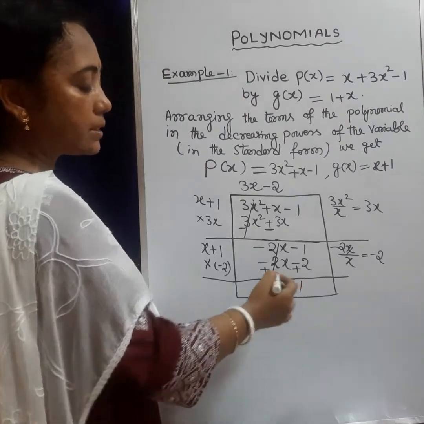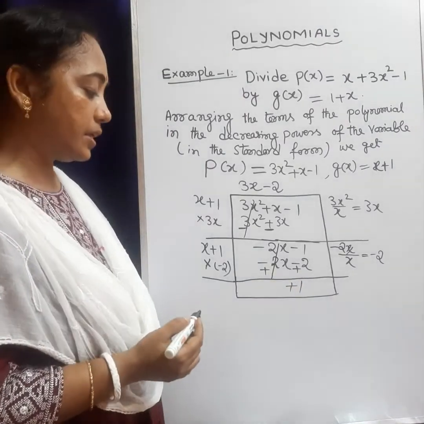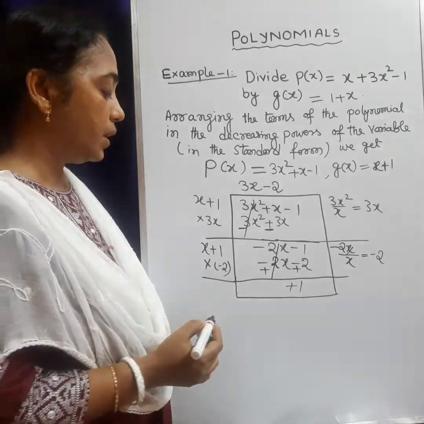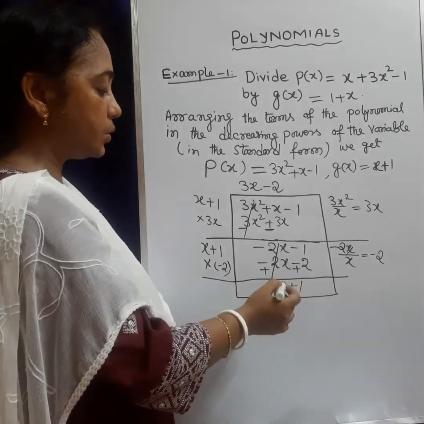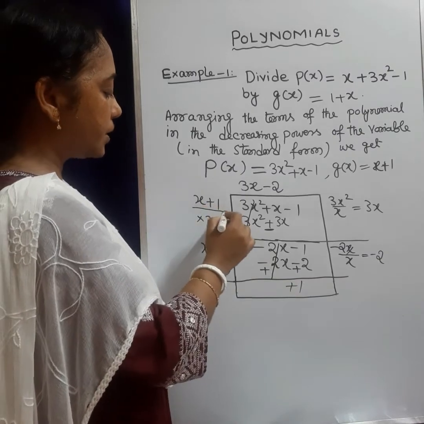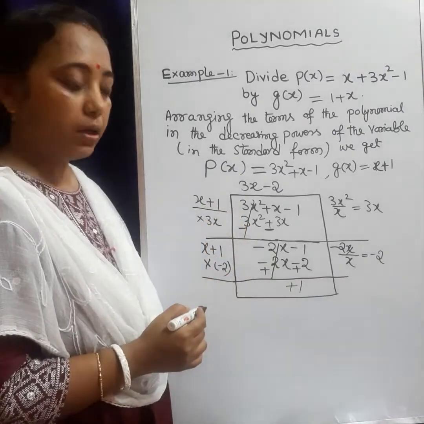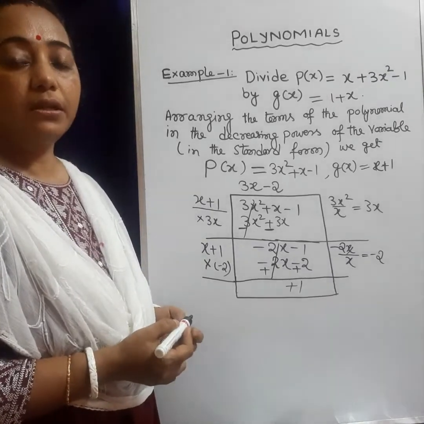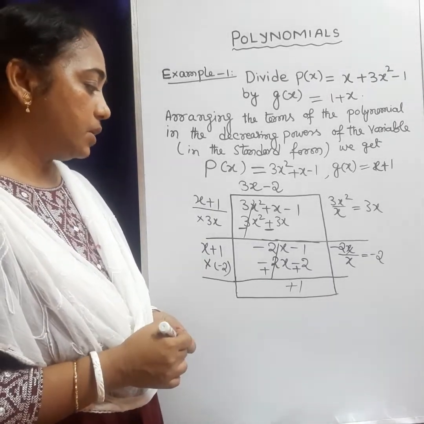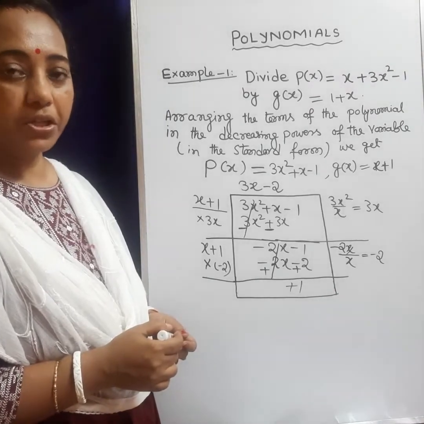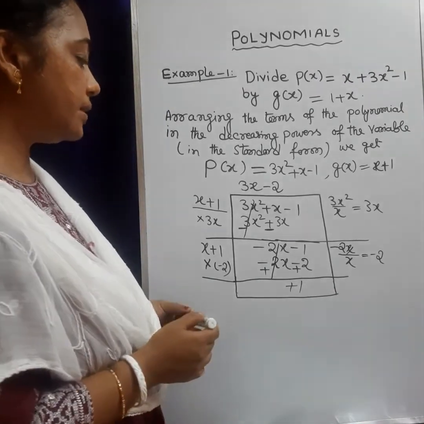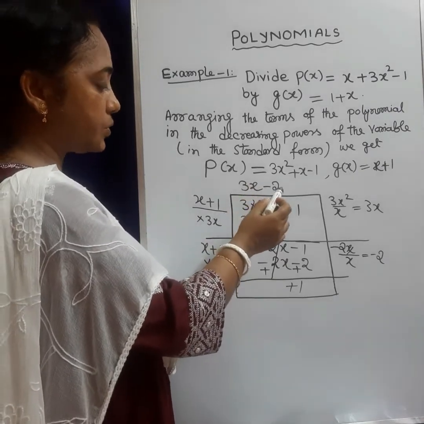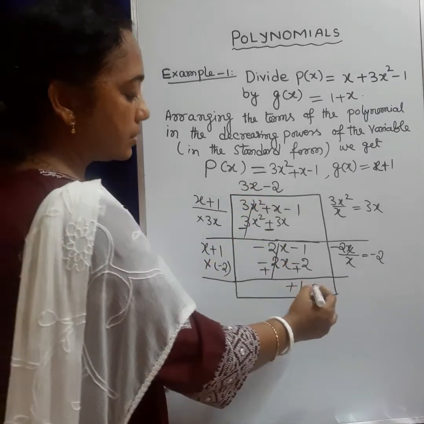So here 1 is a constant polynomial whose degree is 0, because 1 can be written as 1 into x to the power 0. So the degree of this 1 is 0, which is less than the degree of the divisor, that is 1. As the degree of the remainder is less than the degree of the divisor, we stop our calculation. So in this division process we get the quotient 3x minus 2 and the remainder 1,